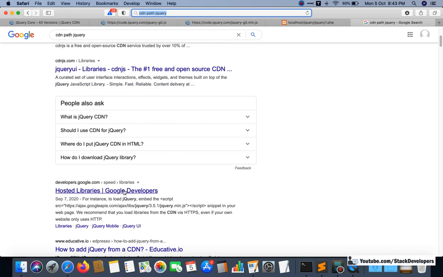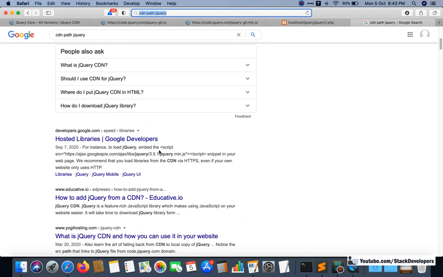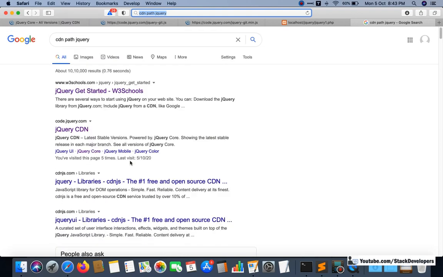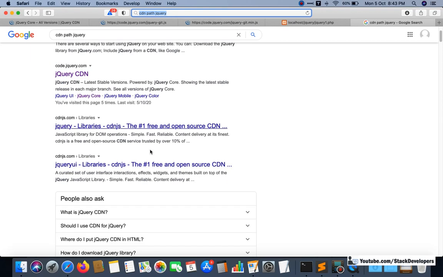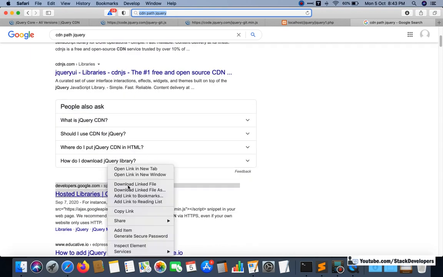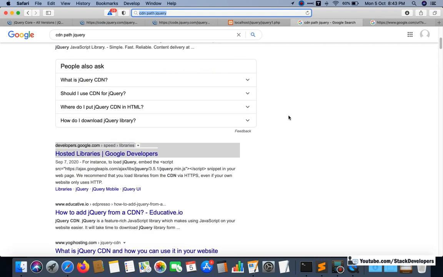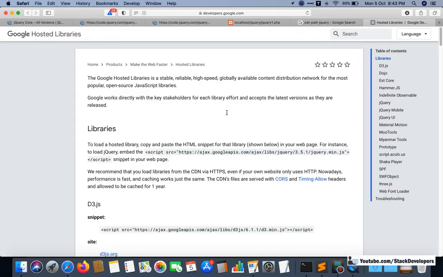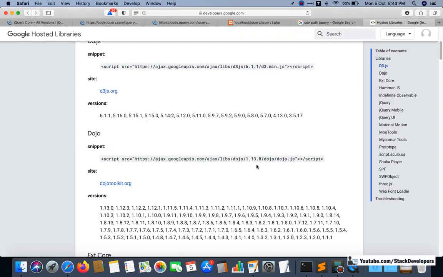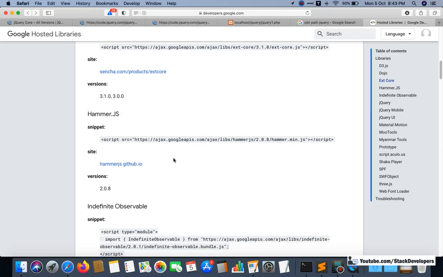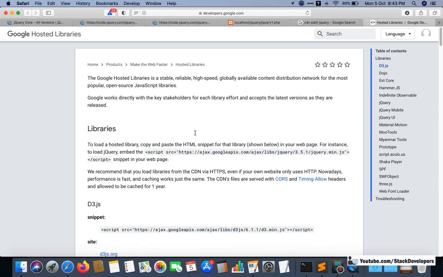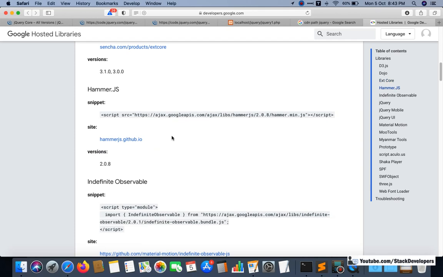Google also provides a CDN path for jQuery, so you can get that as well. Let me check once, I think you can get it from jQuery.com.